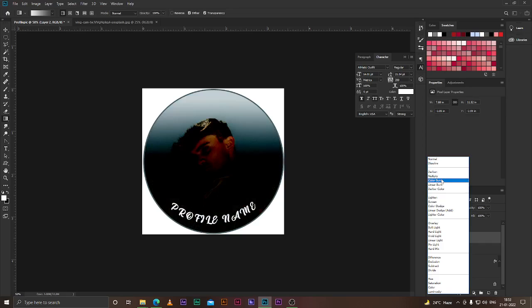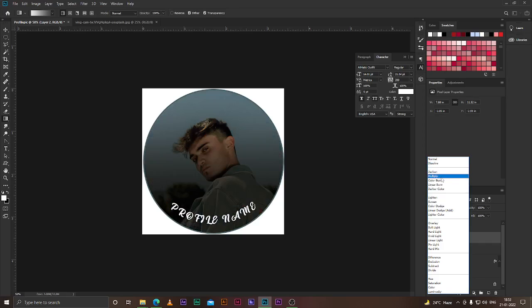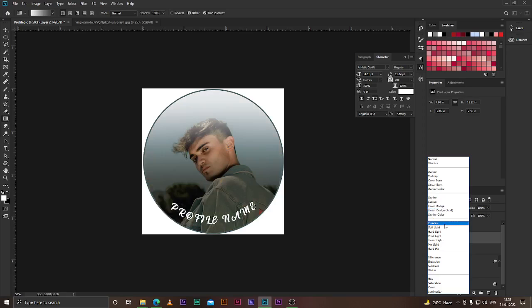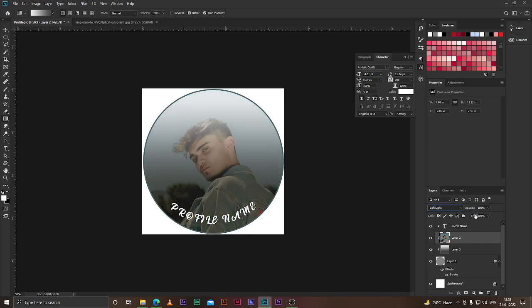So if you wanted a certain depth to it, put it in the multiply section. If you want it to be brighter, it will be brighter. And if you want it overall in every color, just put it on hard light or soft light. We normally put it on something like soft light, and then we reduce the fill.